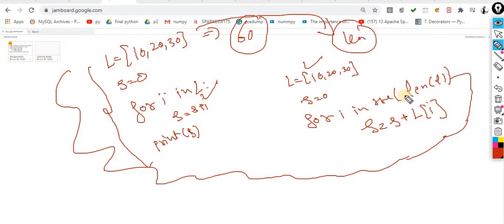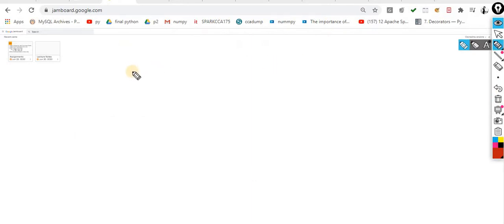The next one is the methods which are associated with the list. If you want to generate a list, split is there. Let's suppose this is the value: 10, comma, 20, comma, 30. This is the string that I want to convert into a list. Very simple: y is equal to s dot split via comma.